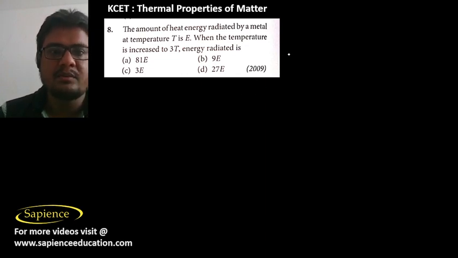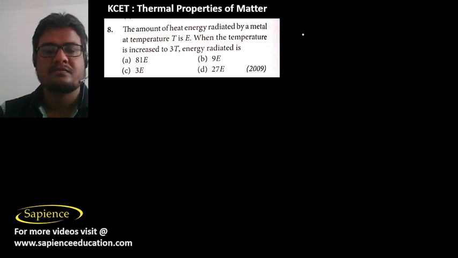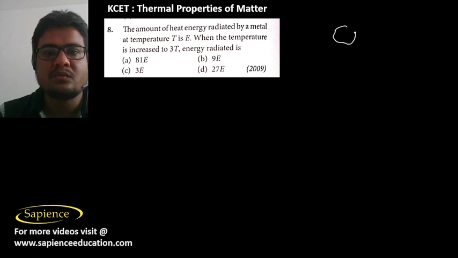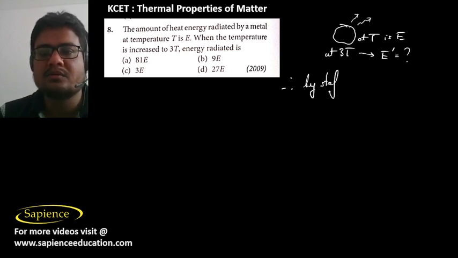Then here it is told that the amount of heat energy radiated by a metal at temperature T is E. When the temperature is increased to 3T, how much energy will be radiated? So therefore we can say that by the Stefan-Boltzmann